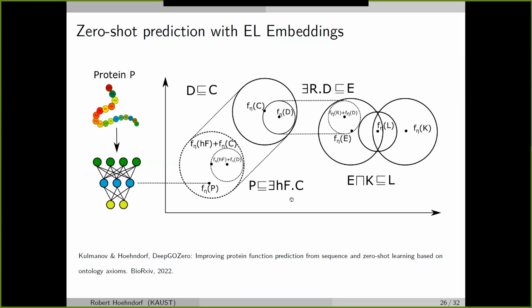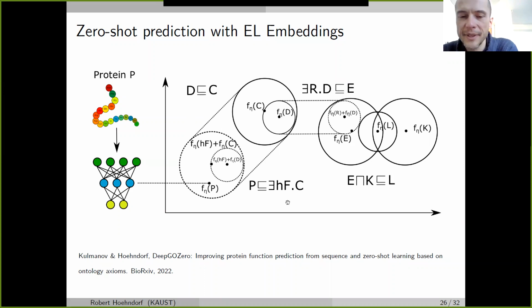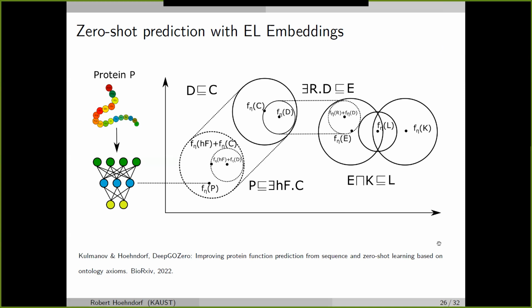Thank you. You can also do it for things like images. So you may have images for horses, images for striped things, and then you use these kind of axioms to infer zebras. So you know zebras are striped horses. Then you can use these kind of axioms and you will perform the inference within the model. Sure, please carry on.